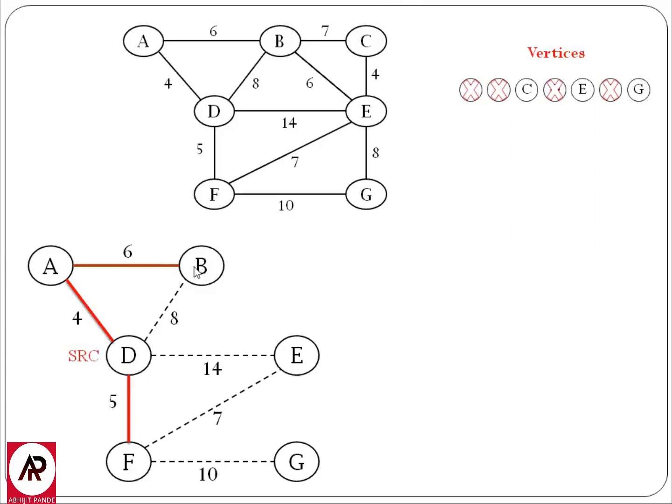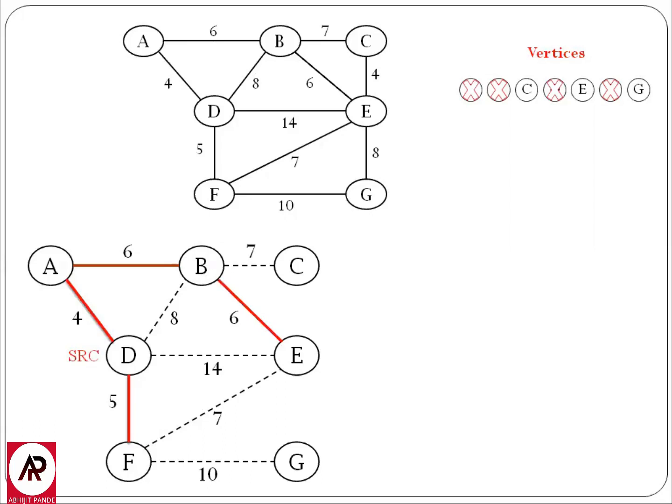The next step is the same. For the node B, identify the edges that are originating from node B. From node B, there are 4 edges. I have already considered 2. Now I am going to consider the remaining 2. One is from B to C having the cost 7, and second is from B to E having the cost 6. Next step is to identify the minimum value. Here the minimum value of all the edges is 6. So I am considering this 6. I am adding this edge B to E in my minimum spanning tree.